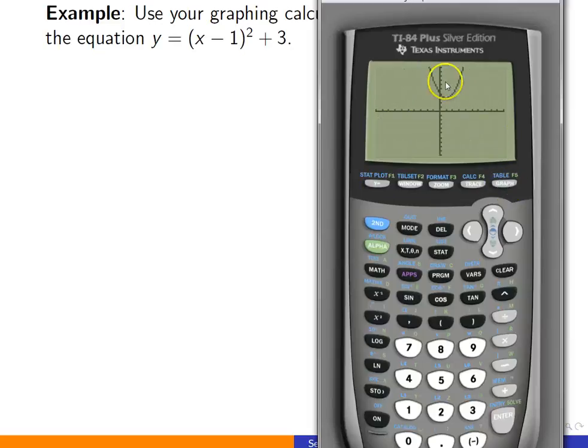And when we do so, we see we have the graph of our function y equals (x minus 1) quantity squared plus 3. And from an intuitive perspective, this looks correct. It's something like a quadratic that opens upward, and the plus 3 tells us it's shifted upward some number of units. Now if we wanted to zoom in on this a bit, we can go to